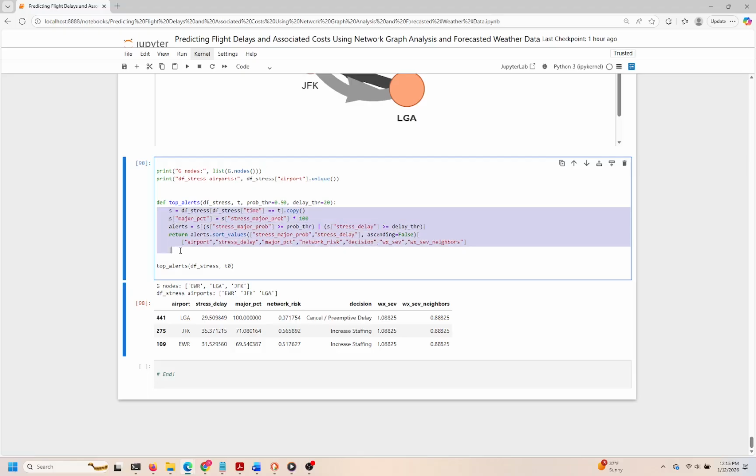We then look for alerts based on two critical conditions. We flag entries where the major stress probability exceeds our defined threshold, or where delays reach a certain level. These conditions highlight the airports that are experiencing either significant stress or substantial delays, which can impact their operations. The filtered results are sorted primarily by stress probability and then by delays, ensuring we prioritize the most concerning alerts